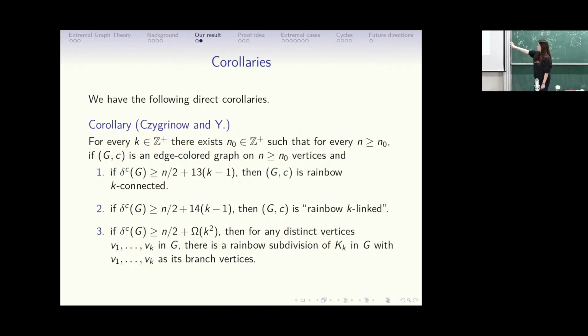This mirrors the extremal problem. When you have k squared average degree, you have a k-subdivision. Do you have k squared? Yeah. So it might be the case that you need k squared there. If you have k to the 1.99, maybe it's not enough. Yeah, that's a very good point. I need to think a little bit, and I might answer your question after this talk.